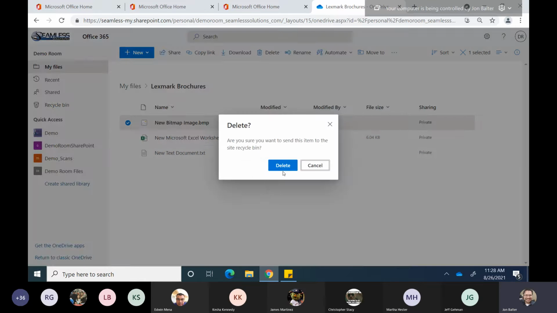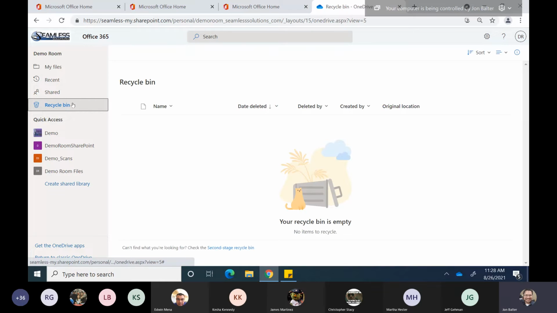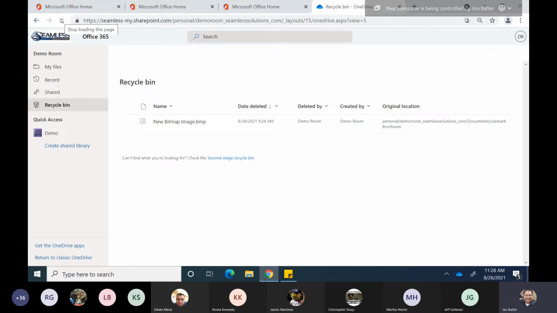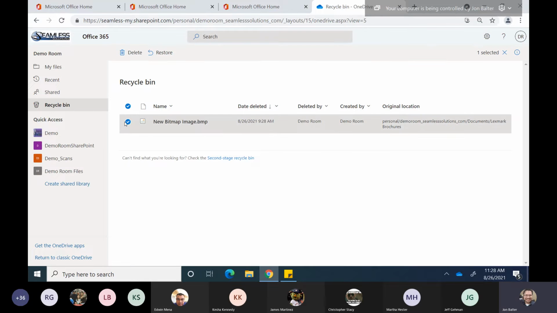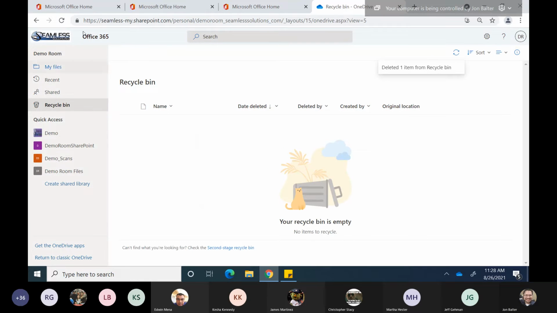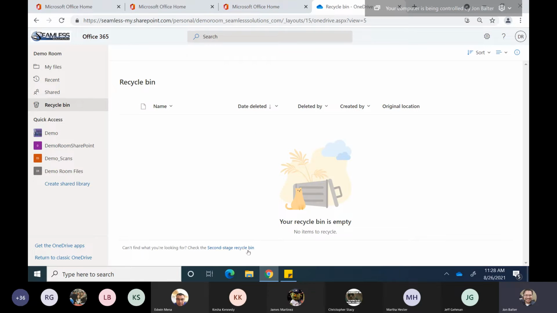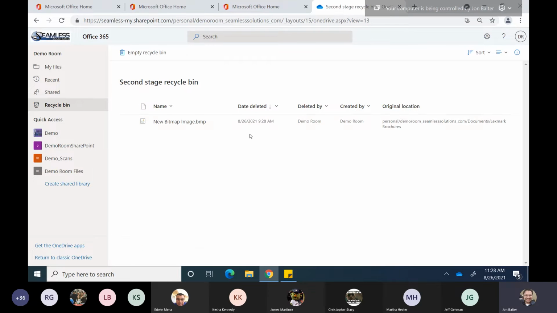So if I delete this, it's not gone, it just goes to my recycle bin, and then from my recycle bin, it'll go to the next level, then the next level, then the next level. So even if I delete it here, I'm gonna refresh again. So it's gone out of my recycle bin, but I have my secondary stage recycle bin,